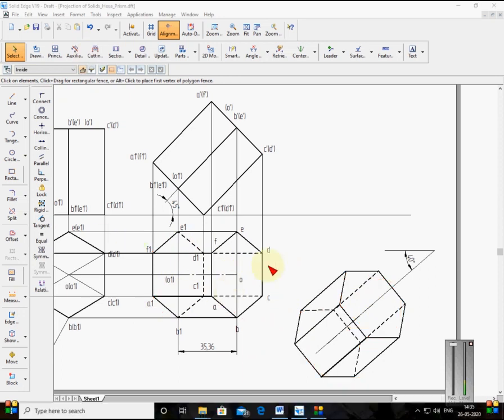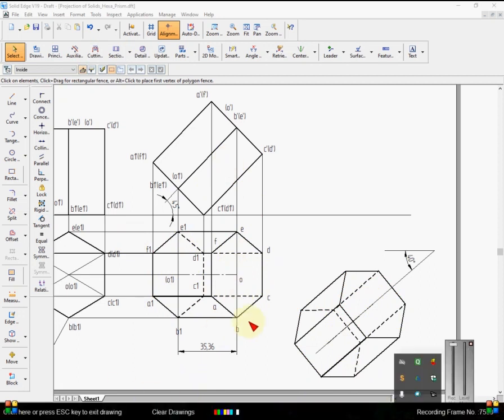Okay, now see here, I am tilting anticlockwise. Once again I'll show this figure. I am tilting the figure in this way, which means I am tilting this front view in this way. Okay, that means this base, see my cursor, this base is coming towards you and this is going away from you, because you are looking from here. This base comes towards you and this goes away from you. That means in this position, when I look from the front, this A1, B1, C1, D1 face, the bottom base, is seen. This is hidden.